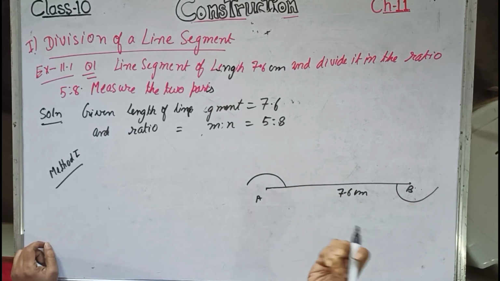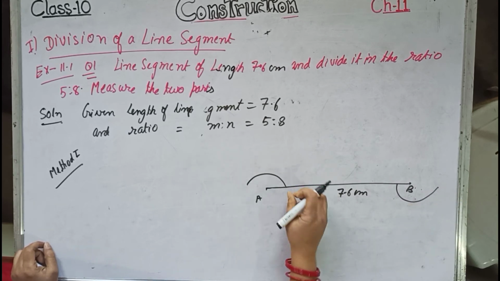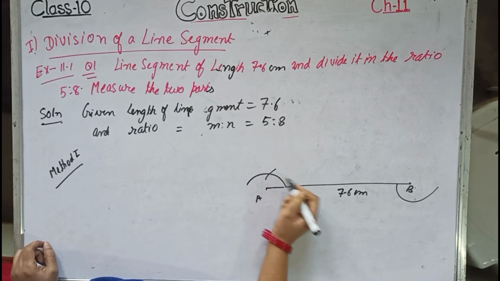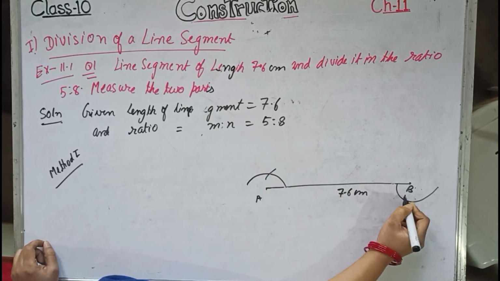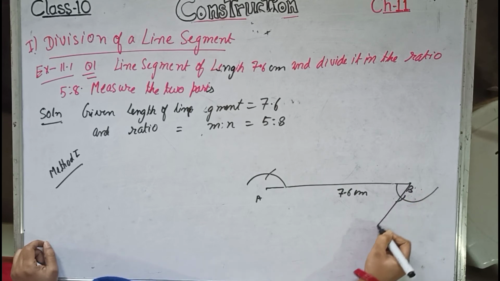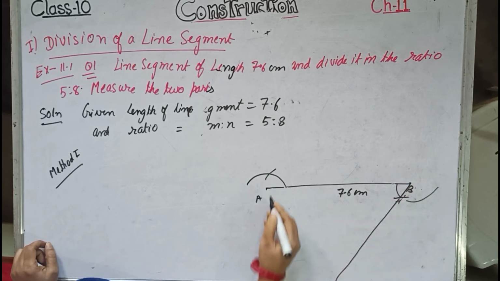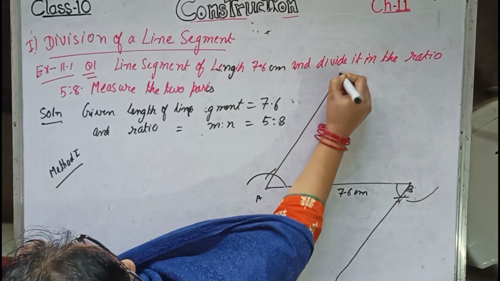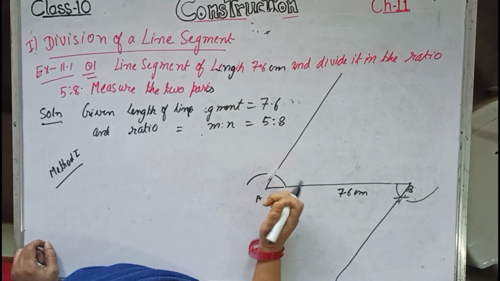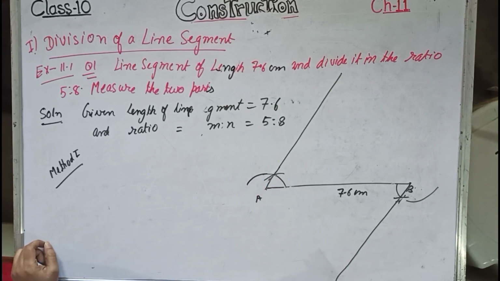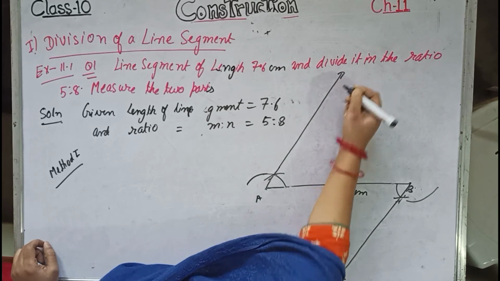Now draw any acute angle. Preferably we draw the first arc at 60 degrees. So put the tip of the compass over here and make an arc of 60 degrees. Put the tip of the compass over here, make an arc of 60 degrees, and extend it in both directions. I mean here also you make a line and here also you make a line. I am drawing a 60 degree angle. You can draw any acute angle.